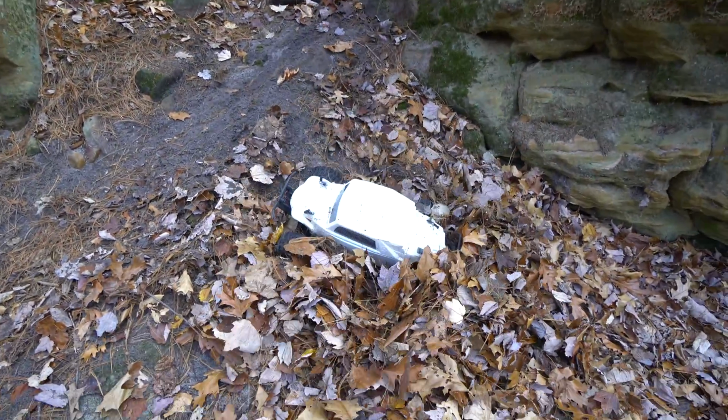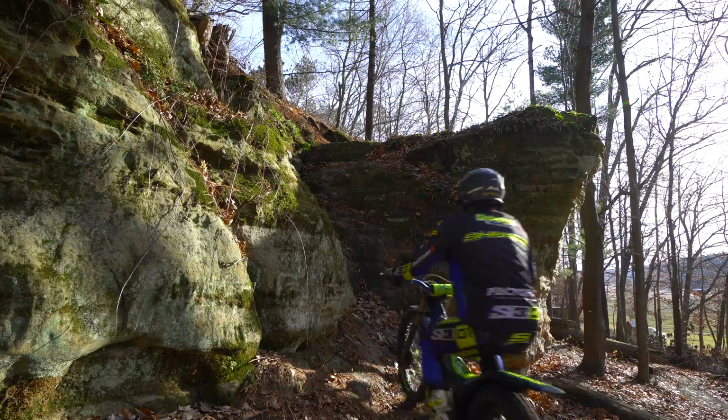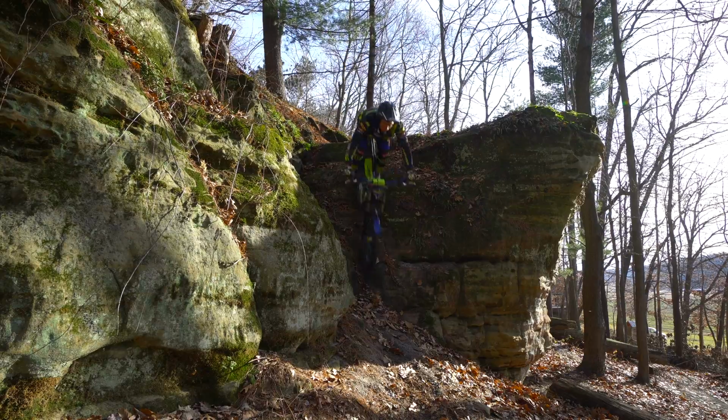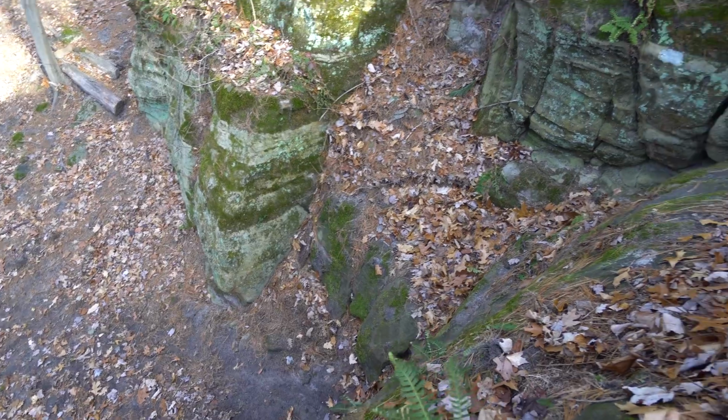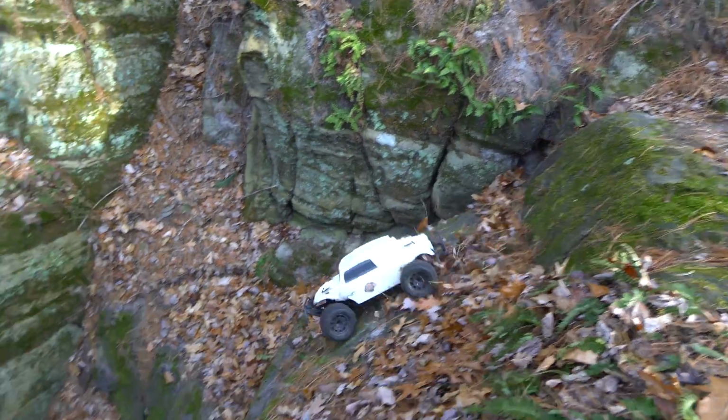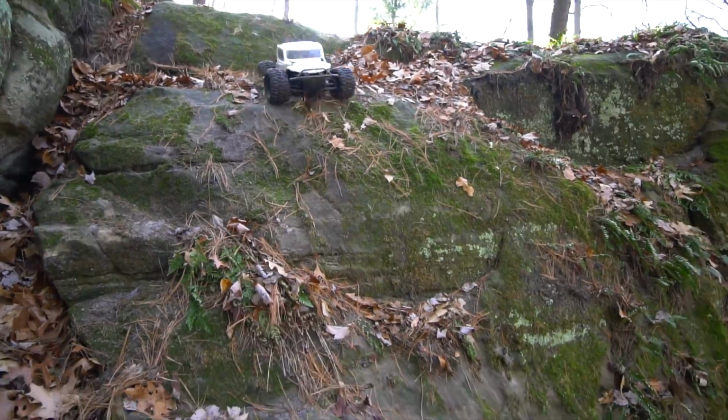Well, I don't think I'm going to make that one. Typically when I come here to drive RC or ride motorcycles, I'm trying to go up rocks, up hills, but this session is going to be all about coming back down. Probably doesn't look like it, but it is steep and tall from up here, so let's see how it does. Rolling on down, makes it first try,